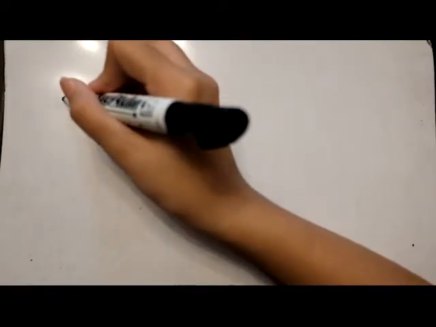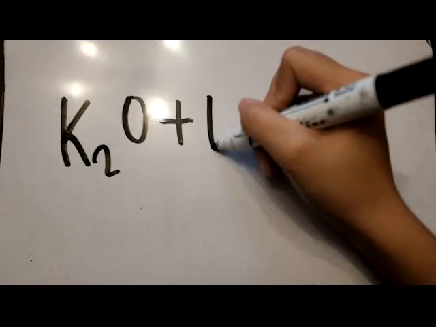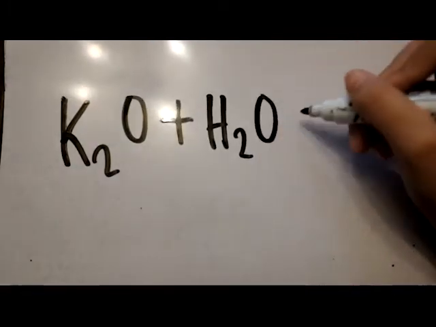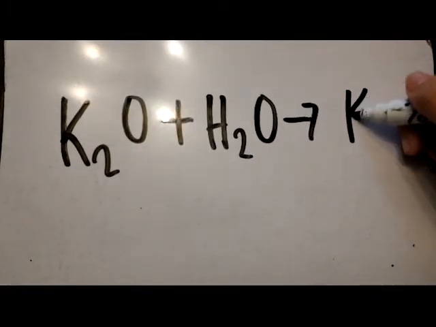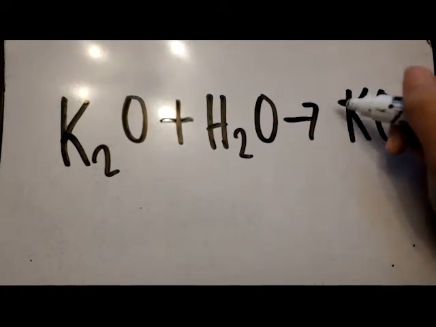The third case is metal oxide plus water is equal to metal hydroxide. For example, potassium oxide combined with water to form potassium hydroxide. And to balance the equation,